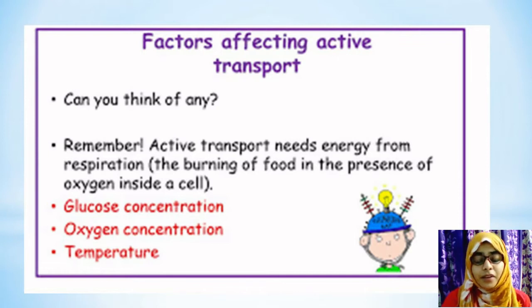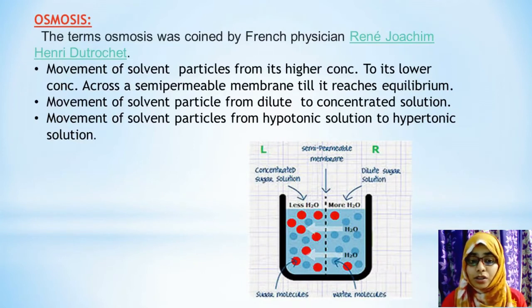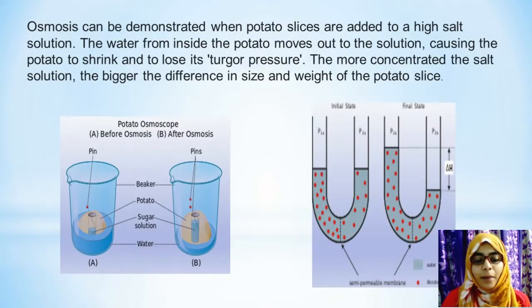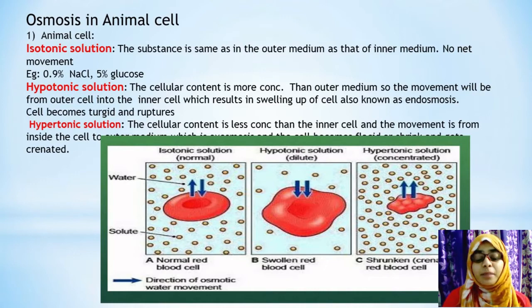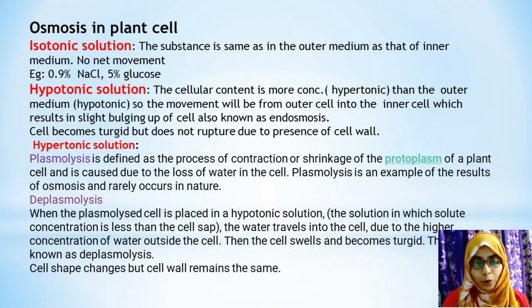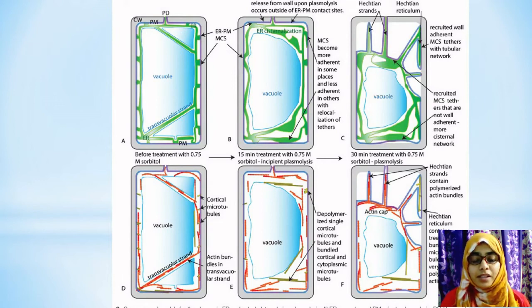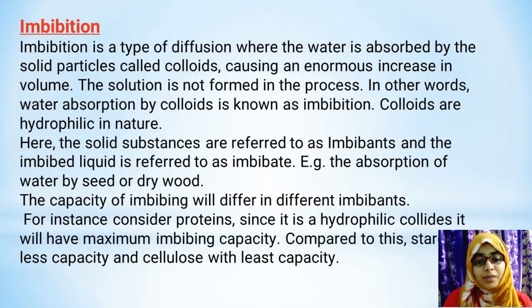In the last video, we discussed osmosis, that is, movement of substances from higher concentration to lower concentration through a semi-permeable membrane. A substance acts as a semi-permeable membrane in between, so that the movement takes place through it. We discussed in detail the potato experiment, osmosis in animal cells, and osmosis in plant cells, that is, isotonic, hypertonic and hypotonic solutions, and how it takes place in the plant cell.